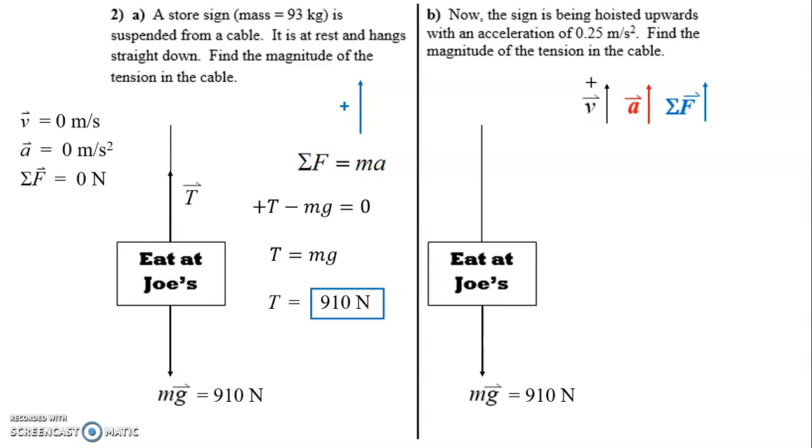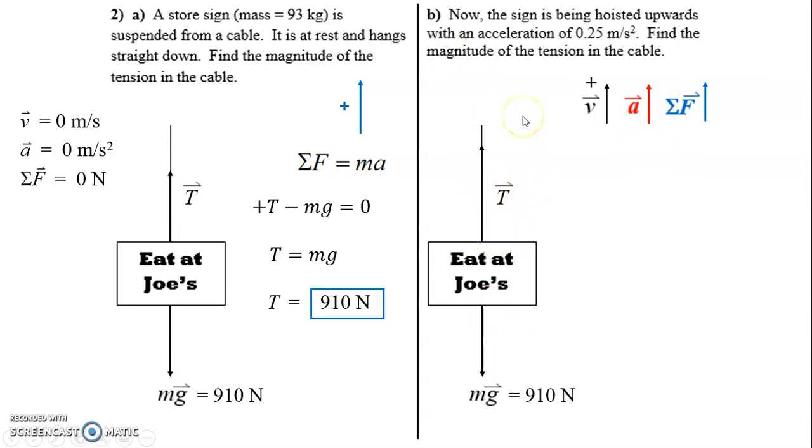There's more force up than there is down, so we'll draw the tension force longer. If we just do it the same as before, it would indicate that the net force is 0, but that's not what's happening here. The tension has to beat the weight. How much longer is it? Well, we don't exactly know just yet. We'll figure that out soon, but it should be noticeably longer so anyone can see that this vector is longer